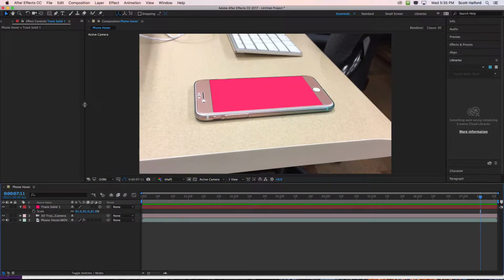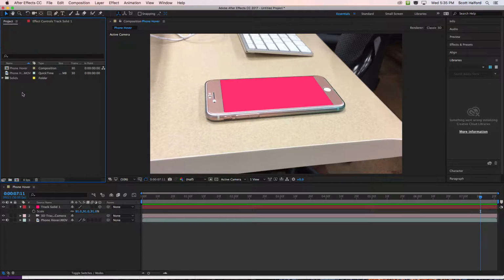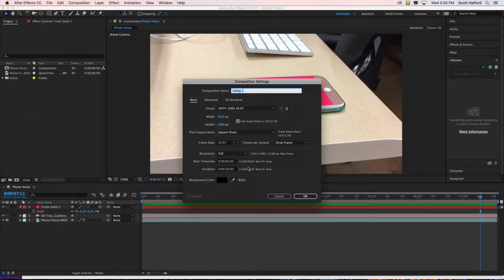and create a new comp. We're going to do some animation here. This one is going to be 1920 by 1080. You could also, depending on whether we're going to do a vertical or a horizontal animation, I'm going to go ahead and do a horizontal 1920 by 1080, but